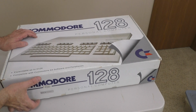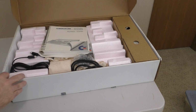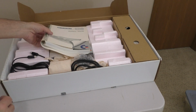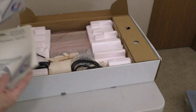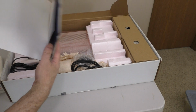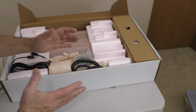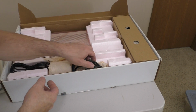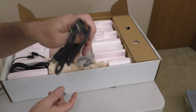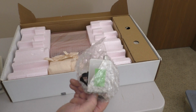Okay, here we've got our Commodore 128. This box is in really good shape. If we open it up, we see he kept everything, the manuals. This even has the original disc in here. And I found out from going through some of the software, which we'll look at later, he used CP/M on this thing a lot. Oh, here's the cable for the floppy drive. RF cable, switch box,